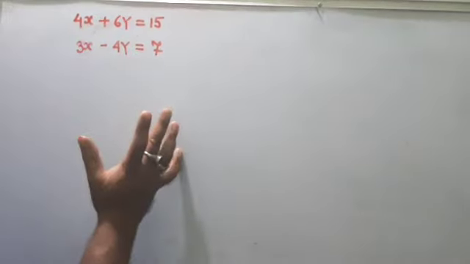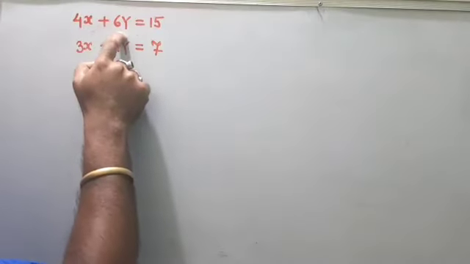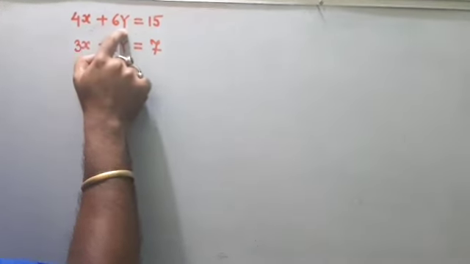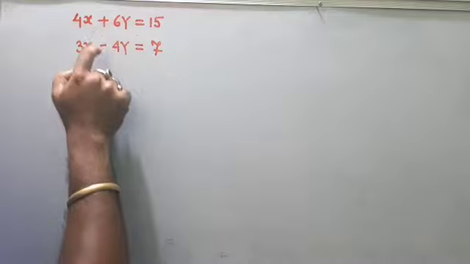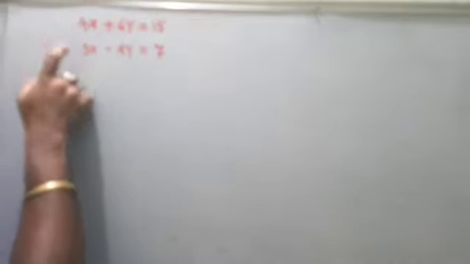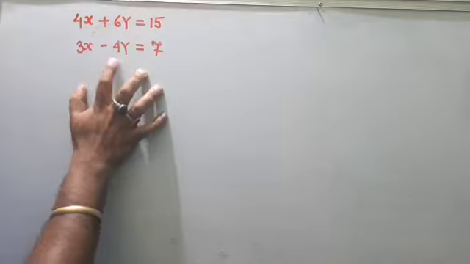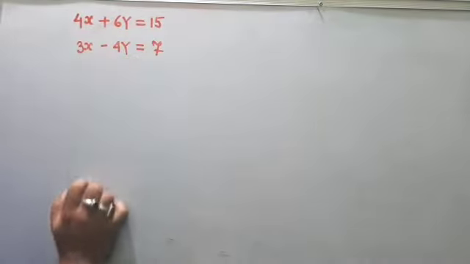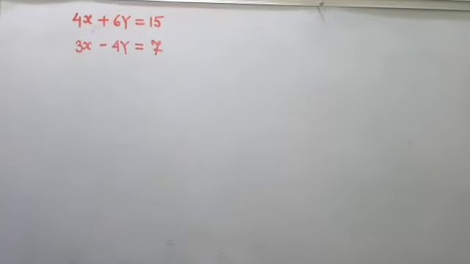Always eliminate that variable whose terms are opposite. Here 4x and 3x are similar terms, plus 4x and plus 3x, but here it is plus 6y and minus 4y. These are opposite terms, so that's why I eliminate this y. Okay, so